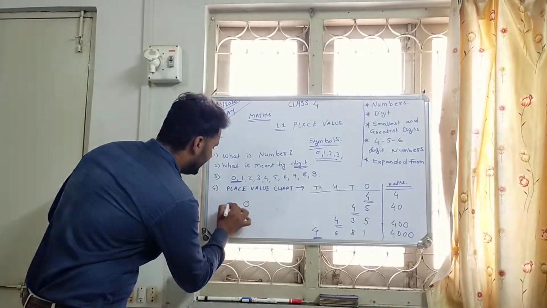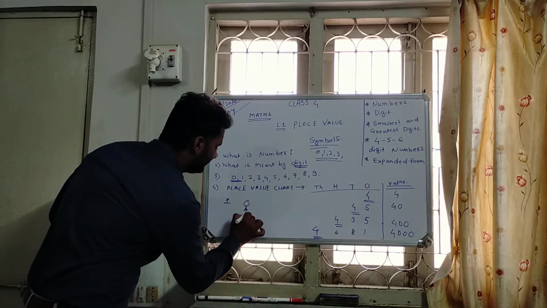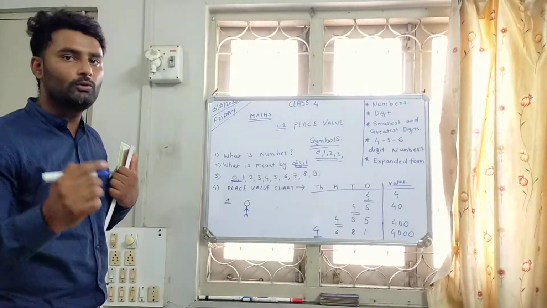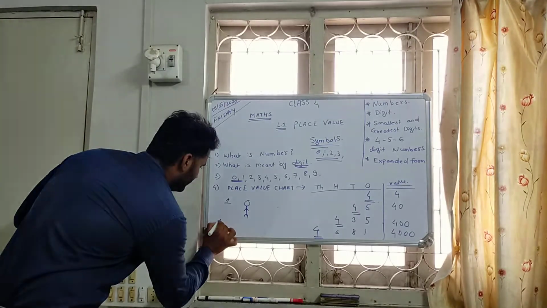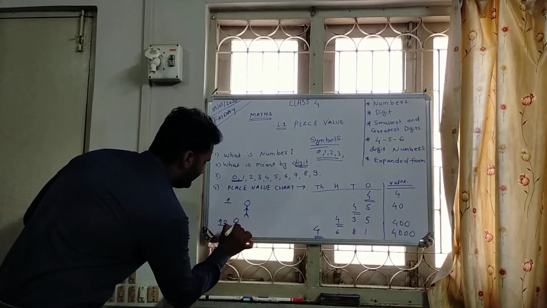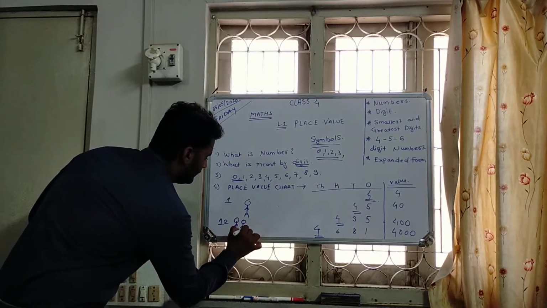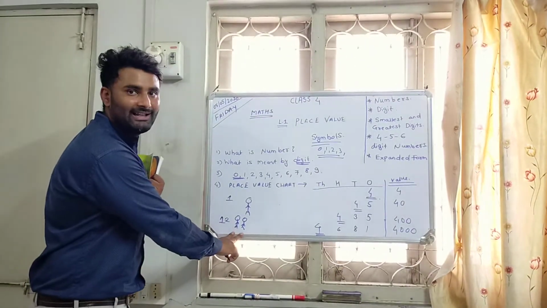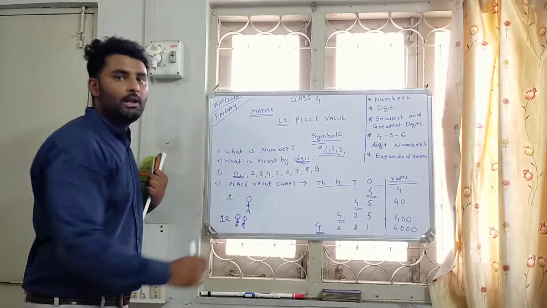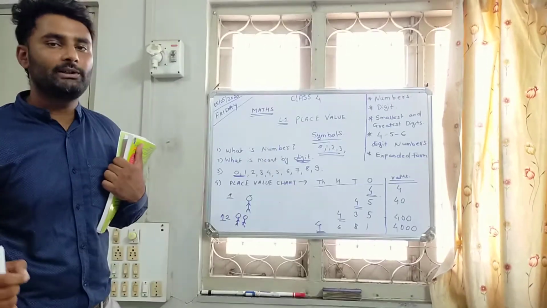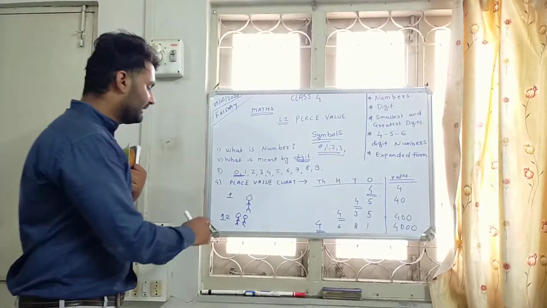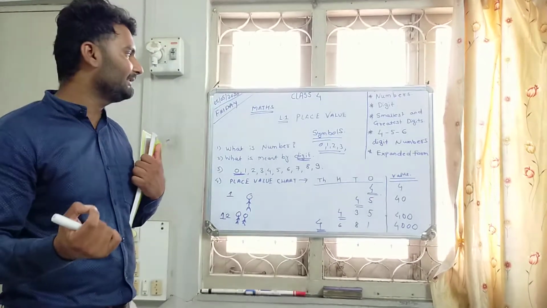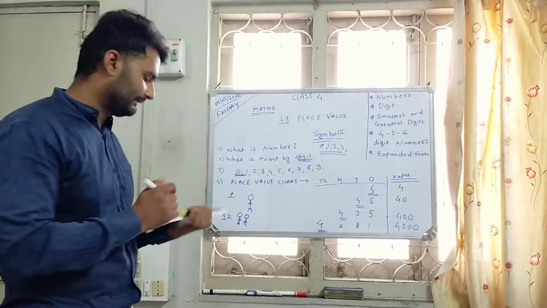That means if I write 1 here, only one person is there. If I write 1, 2 all together, that means a two digit number. A two digit number means there are two persons, 1 and 2, but their specific value is 12, but their face values are different. So these differences we are going to study in this lesson.